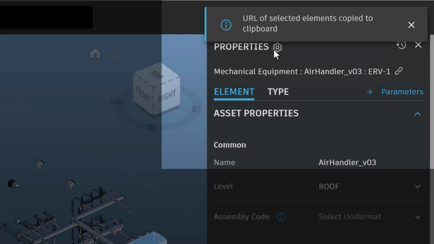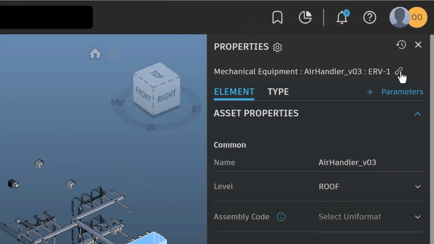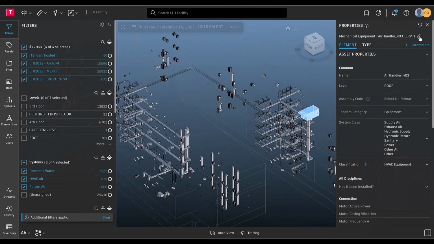Simply select the object in the Tandem viewer, copy the link from the Properties panel, and send it instantly, eliminating confusion and back-and-forth communication. Shifting focus to the Filter panel, when users hover the mouse over a Tandem category in